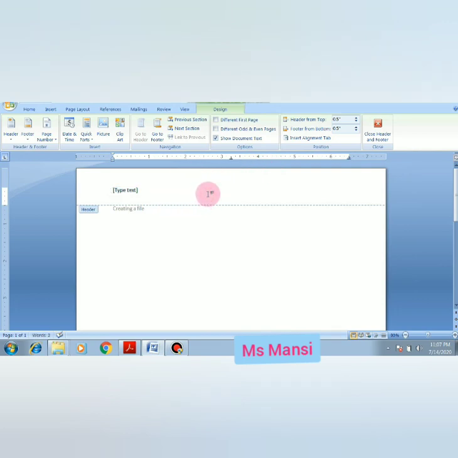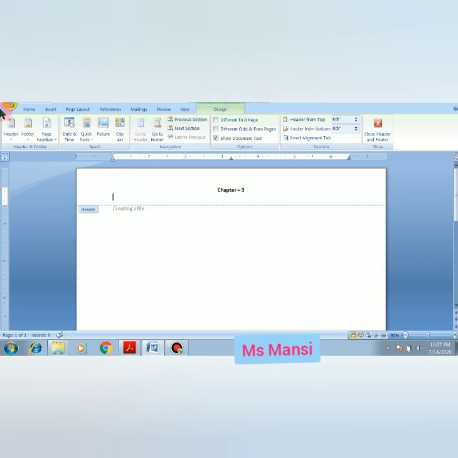In the header section, I will write here chapter 3 and I will apply bold. Means in the header section I will add the chapter name, and you will write the chapter name also, it's your choice. You will add the date also. Clear? This is the header part.